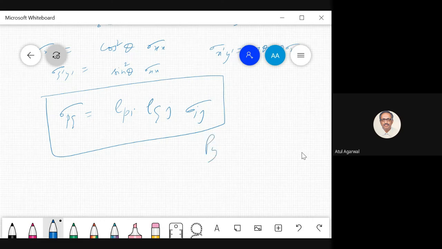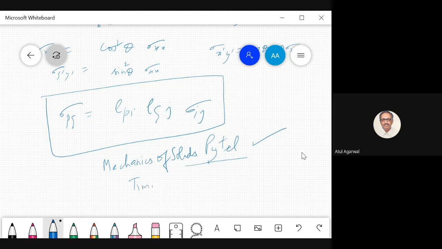So we'll work on it. I had told you probably, Popov is a book we will follow. I'd like you to buy this book, or you can find a PDF on the net. Mechanics of Solids. It's an easy book, but there are also very much better books. But this has a lot of examples. There is a book Timoshenko and Gere. It's a good book. There is another book Crandall and Dahl.